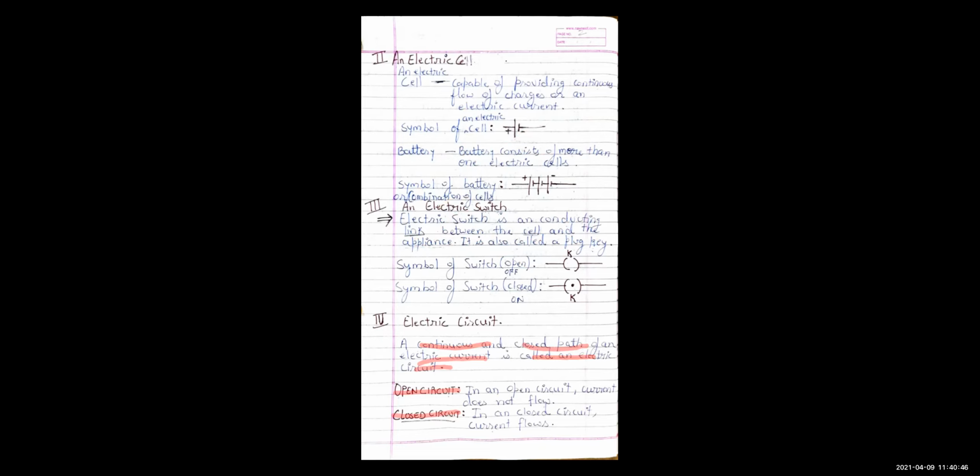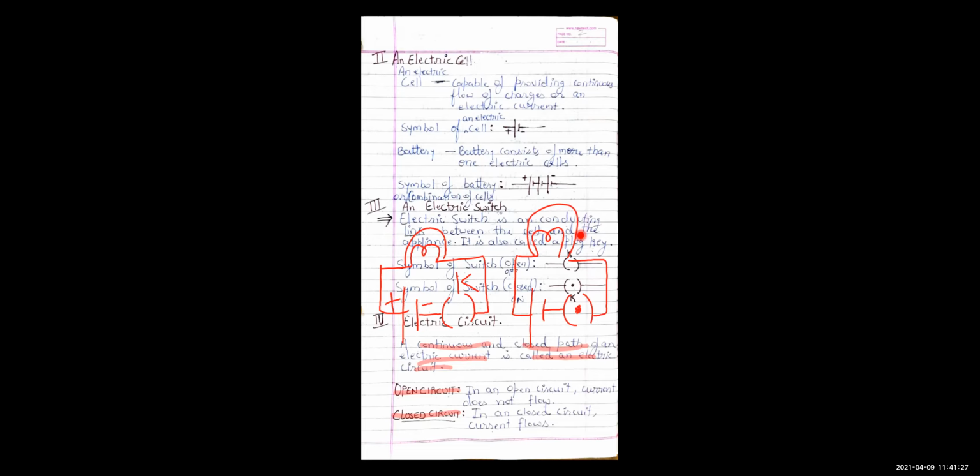So let me draw an open circuit and a closed circuit for you. This is a bulb. Here I am putting a cell and here I have put a key, right? Let me write here K. This is positive, this is negative. Again here a bulb, here you have a cell and again I have a key. Can you see a difference between them? Yes. Here the key is open. The circuit is open, right? So in an open circuit, current does not flow. Switch off, and how will the current flow? What is a closed circuit? In a closed circuit, the current flows.